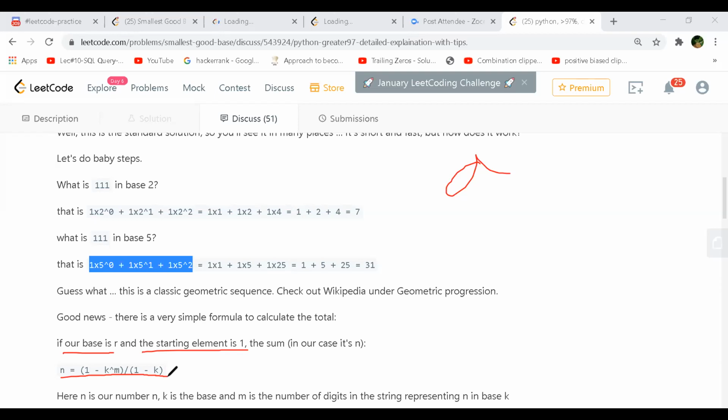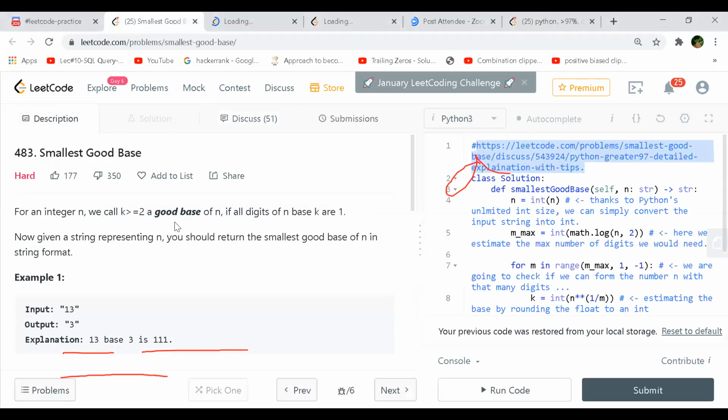Why not 4 times 1? I think he's just taking it for illustrating the example. It can be 4 times 1 also, right? Or in the question, it has said something. Okay, no problem.